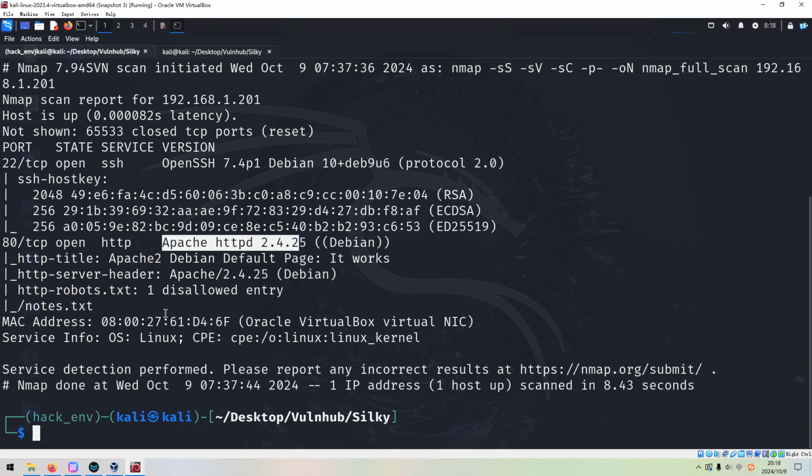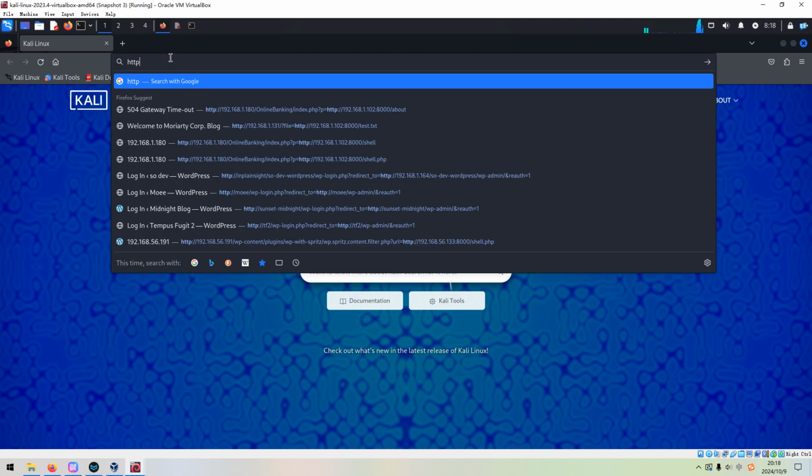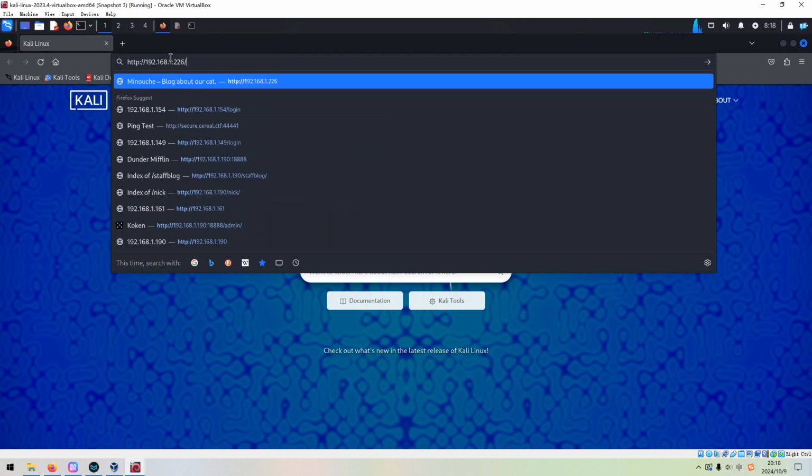Afterwards, we need to check it out manually in the browser. So now it's time to walk through and enumerate the web application both manually and automatically. Let's fire up the Firefox browser and put the IP address of the target into the address bar.